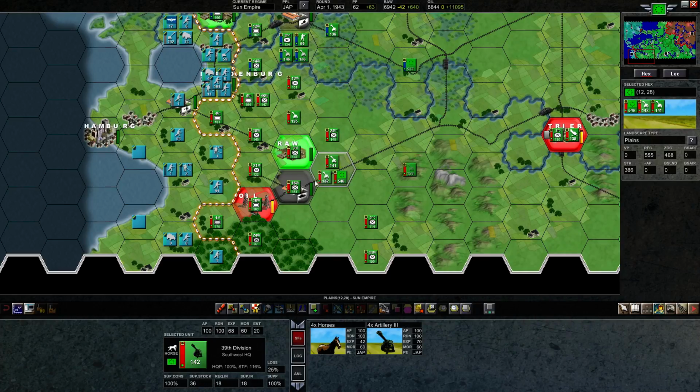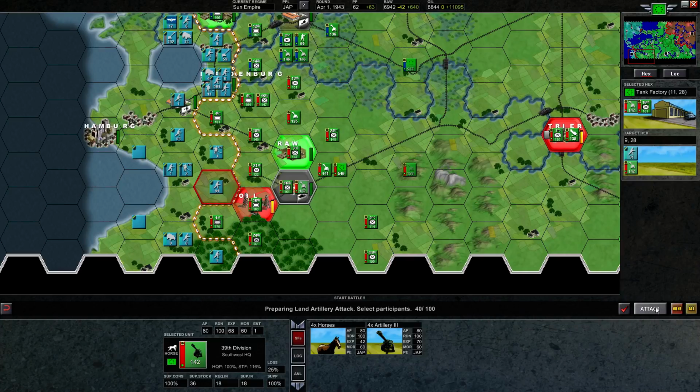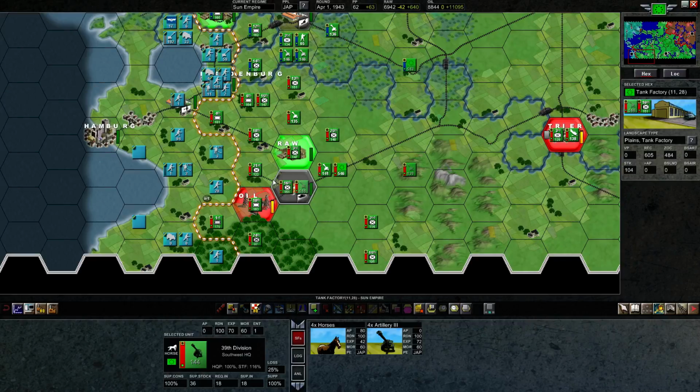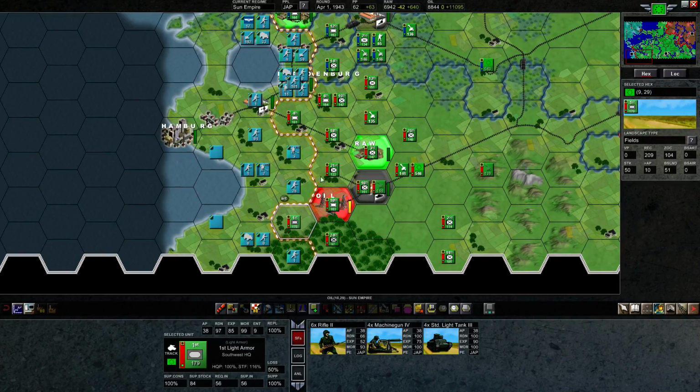I want to move this artillery up, have him bombard here. And I'm pretty sure this will be effective. The artillery has been very effective. Yeah, we cut their readiness down to 1/3 of its original. That's incredible. Now, it's funny. I think we could even...